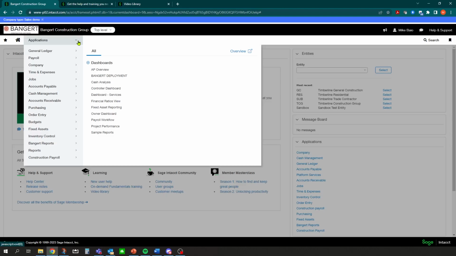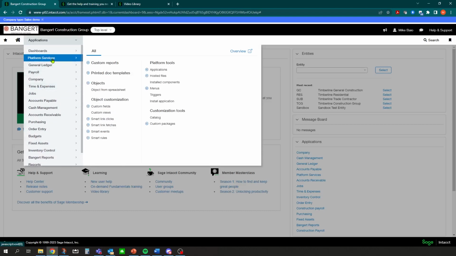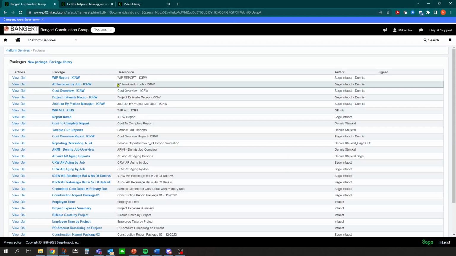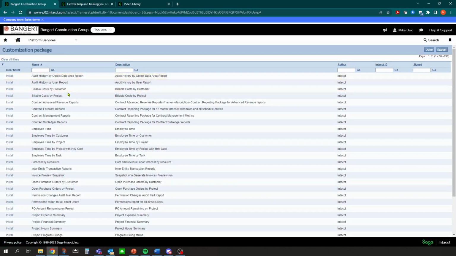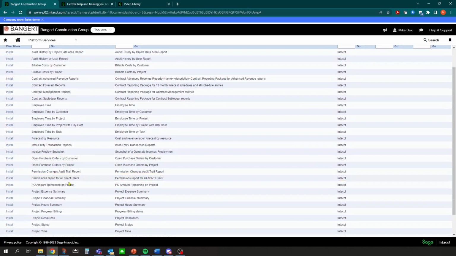In order to make those reports available for your instance, you'll need to go into your platform services at your top level, and you'll go into custom packages. Inside custom packages, you can click on the package library, and you'll notice some new reports here. There is an audit history by user report, and if I come down here, there is a permissions report for all direct users,